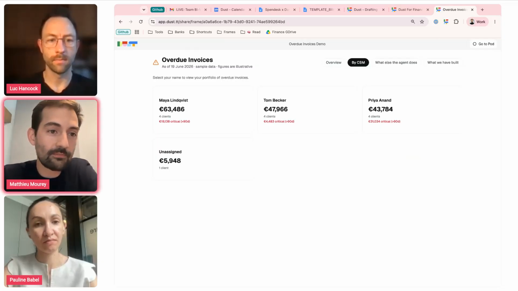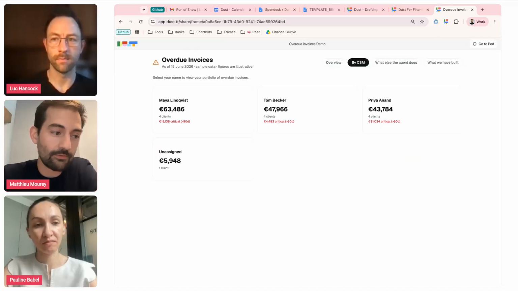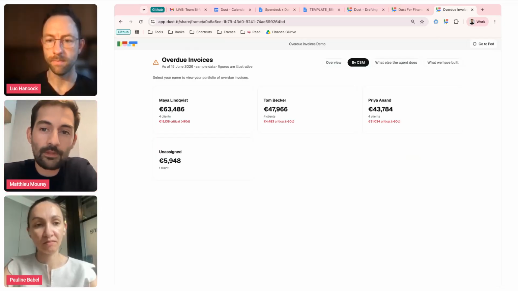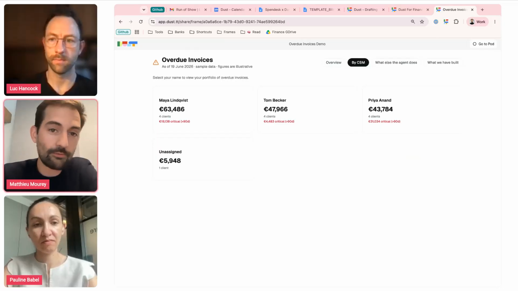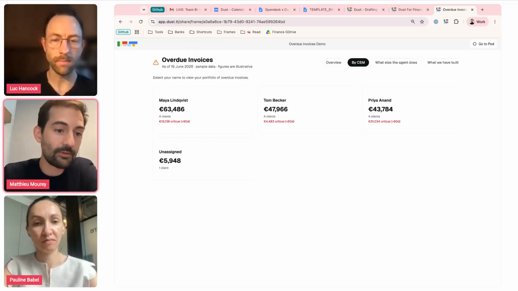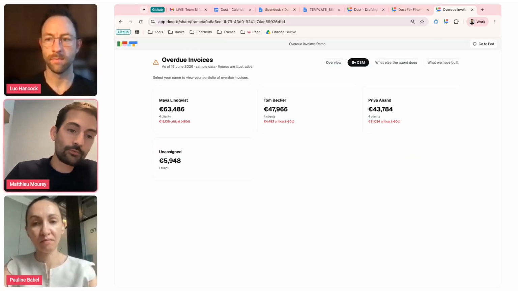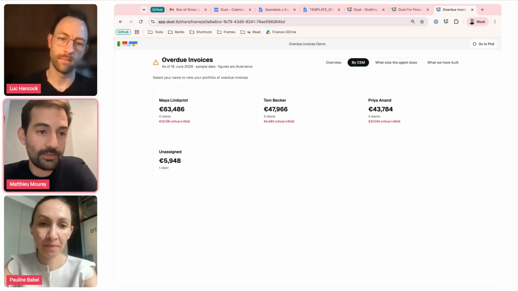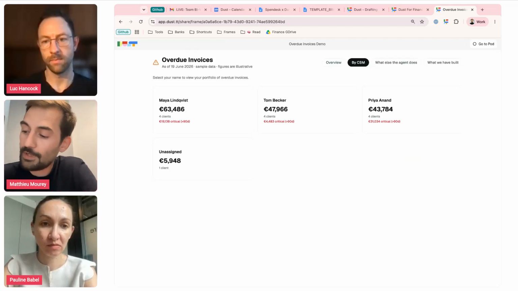Because most of the time, the billing tool is something that you have a license only for the finance team. And you struggle to give the aging information, overdue invoices to the CSM, to support, to whoever will benefit from having it.